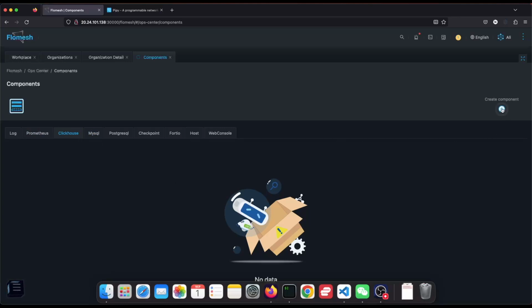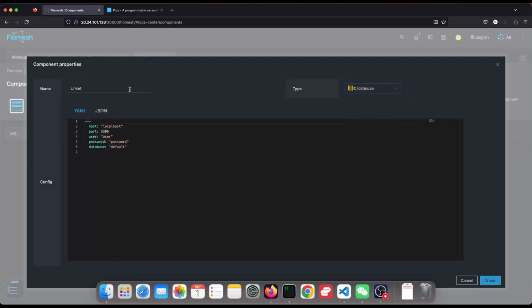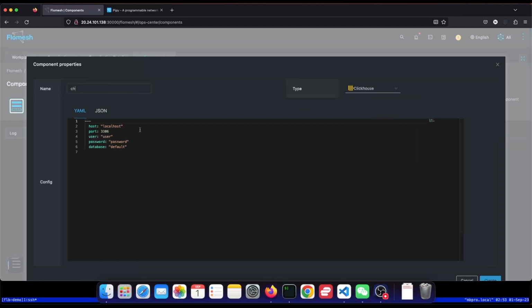I've already installed the ClickHouse with the same installation of the FLB. So let's add a ClickHouse component. This is a type with which you can create all of the components, like the ClickHouse. Give it a name. Just call it, for example, ch. And this is the host where the ClickHouse is listening. So I have the ClickHouse running on this host